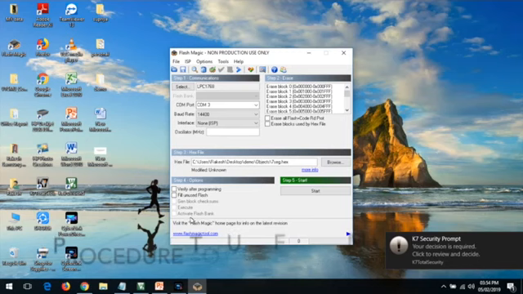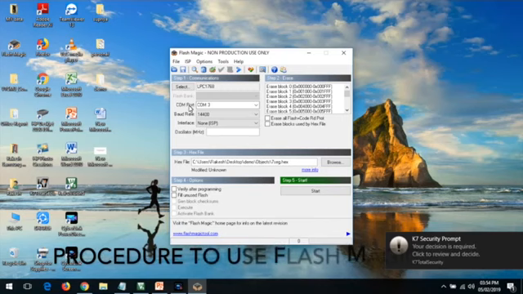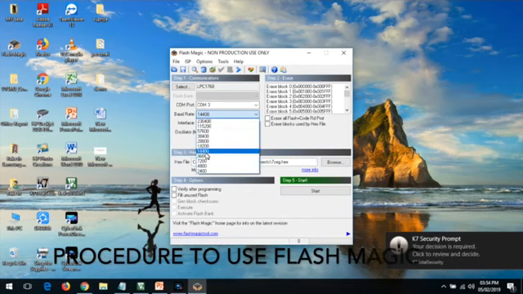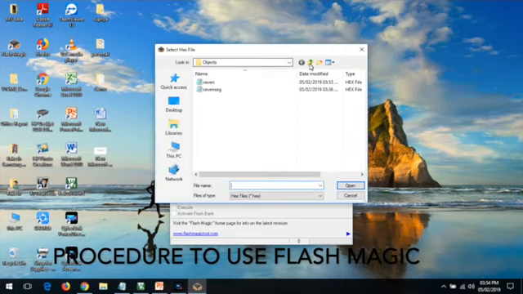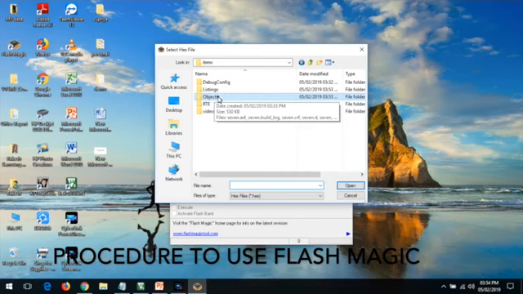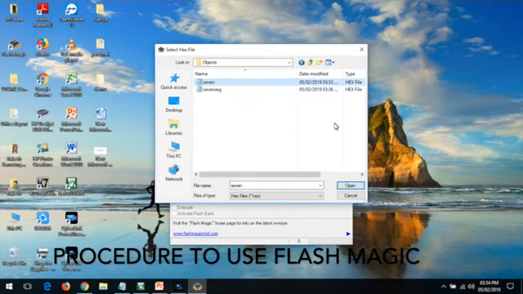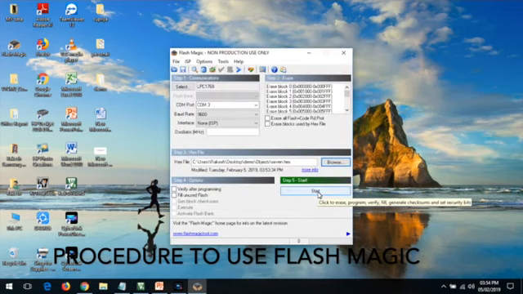So this is the FlashMagic software. You need to confirm what is the port through which your hardware has been connected, and the baud rate, it should be above 9600, any baud rate. And then browse the file. You need to select the hex file generated, which will be present in the demo folder, and in the demo folder click on the objects. Here your hex file will be created. Select that file, click start.